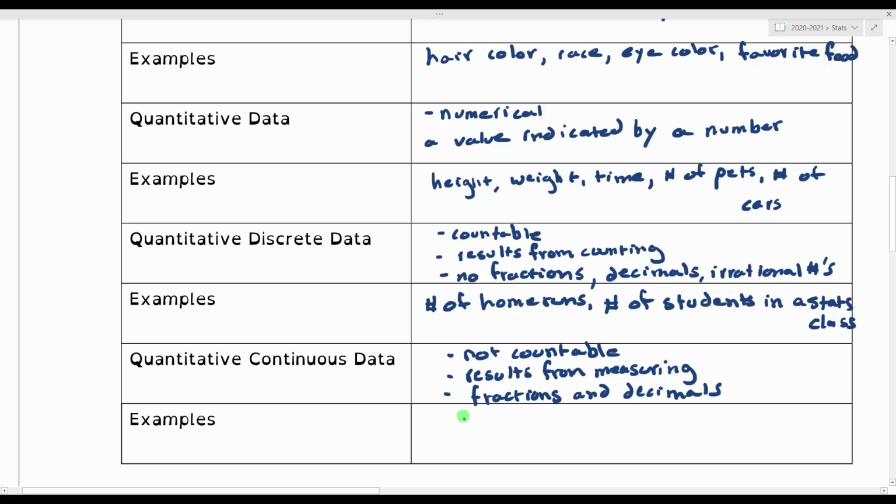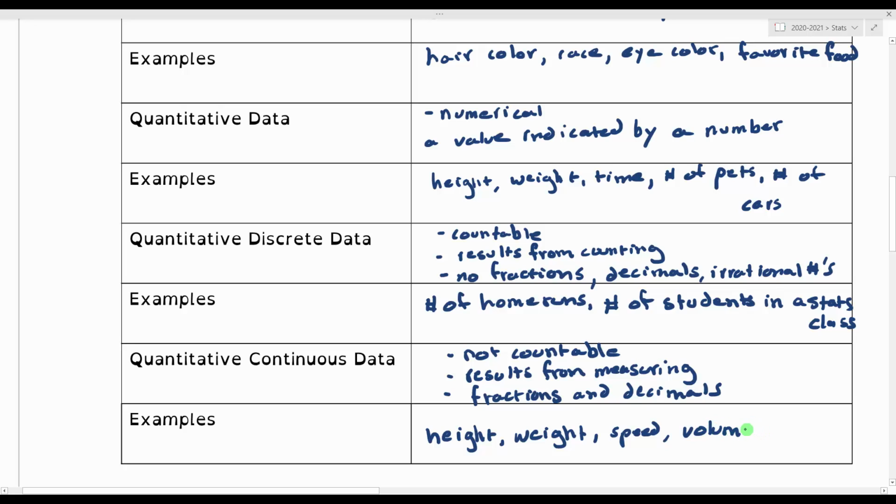Examples of this might be some of the things I mentioned up here: height, weight. We measure height, we measure weight. If you measure the weight of an object, it could be 100 pounds, it could be 100.1 pounds, 0.2 pounds, 0.3 pounds, 0.35 pounds. There's an infinite number of values that weight can take on in any given interval. We've got height, weight, and time is another one. Speed is something that is continuous. If you were measuring the speed of something, or the volume of something,